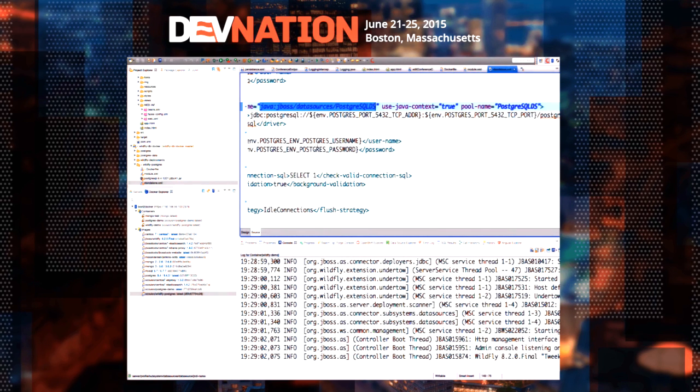All these environment variables are provided by Docker when we link containers together, which means the Postgre container has some environment variables, such as username and password, which the Wildfly container doesn't really know about, okay? But they're going to be transferred into the Wildfly container. And in the same way, since we link containers together, Docker is going to make new environment variables based on the alias that we specified, Postgre, and then it's going to use some suffix like port